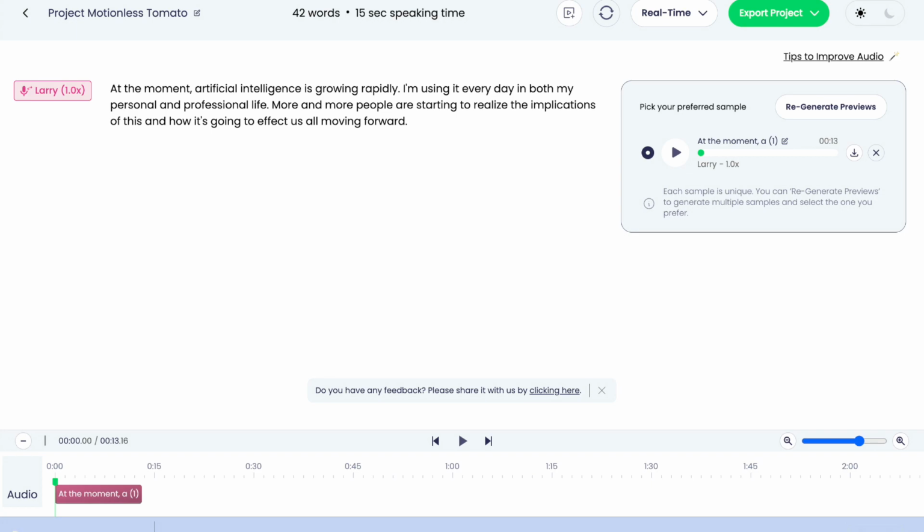So let's say that you're a content creator and you want to add audio to a blog post, where you can use this tool to add that feature. You can think about this in terms of voiceovers for videos as well, and I'm sure you're starting to think about all the different ways that you can utilize this tool.